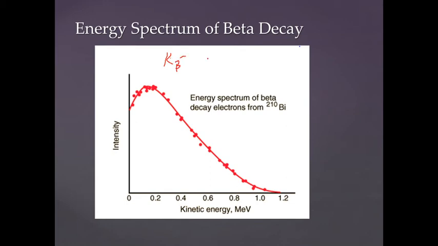The difference here is beta energy varies anywhere between 0 to around 1 MeV. In the beta particle, the energy cannot be more than about 1 MeV, which is normally the Q. So it could be 0.3, 0.4, 0.6, something like that. It could be as low as 0, it could be as high as 1, or it could be 1.1, 1.2, around 1. While in an alpha particle, remember that the energy of the emitted alpha particle was varying between 4 MeV to 10 MeV. That was the range.